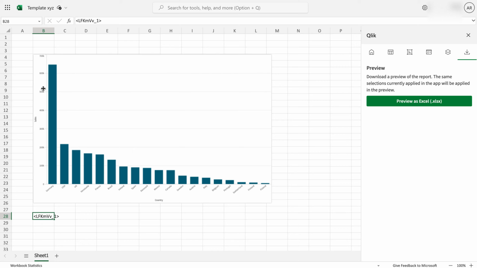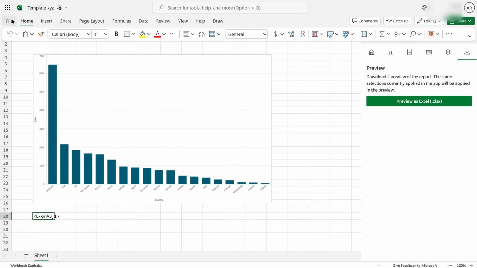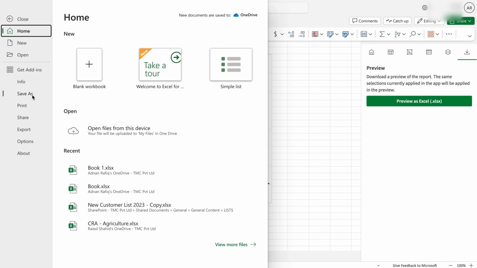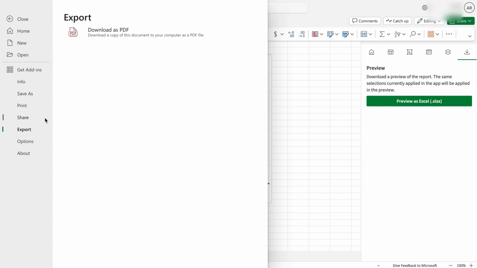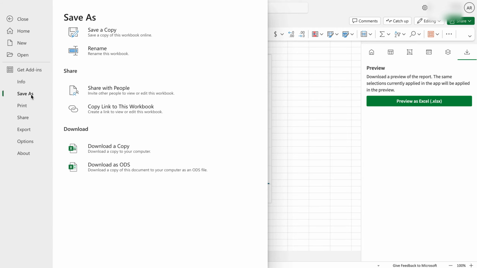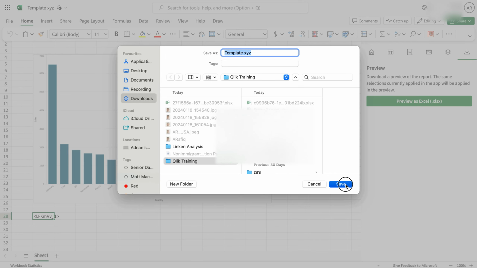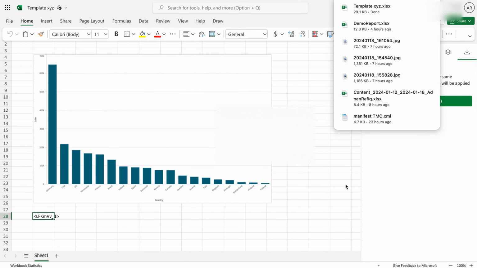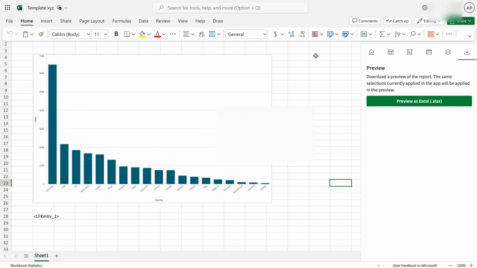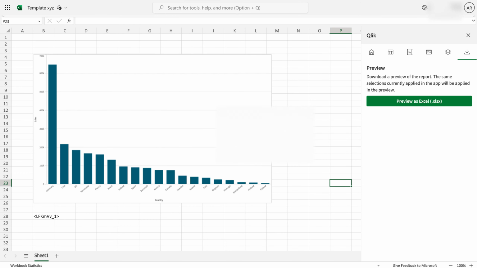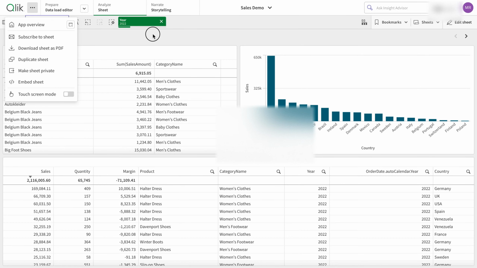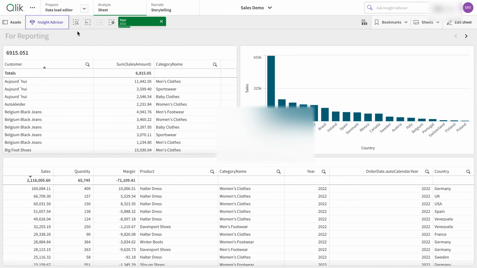Now the next step is we're going to go in here and export that. Rather, I'm going to say save as, and I'm going to say download as a copy. And again, I'm going to download this template here. The next thing I'm going to do is go to my actual application here. Okay, so in this particular application here,